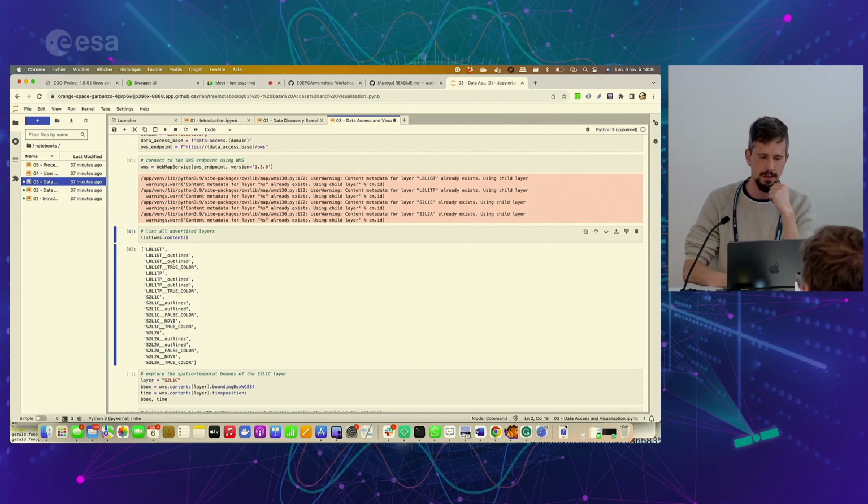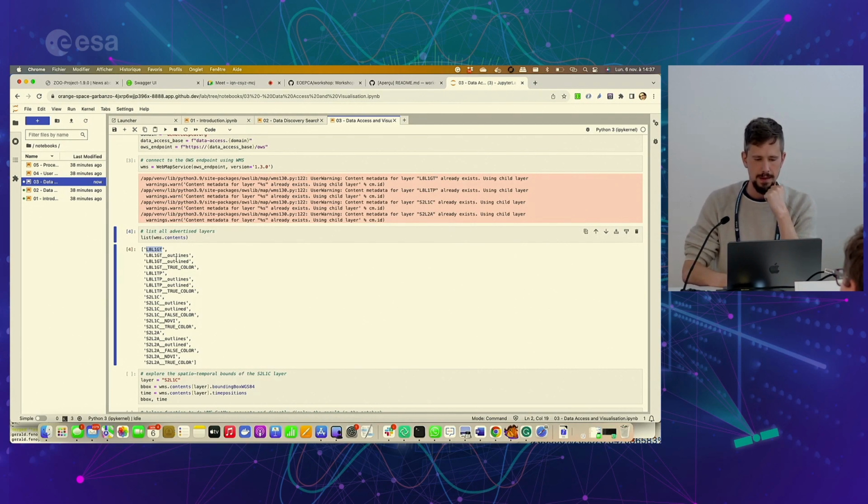And here you can see a couple of satellite missions and data products. So for example, we have a couple of Landsat ones, and we also have Sentinel-2, various levels and various products. And you can also see that there are some sub-layers. We cannot see the hierarchy here, but in the WMS capabilities, they're actually structured in a tree-like structure. So we have the root layer, Landsat 8, L1, GT, and then we have the sub-layers outlines, outlined, true color,